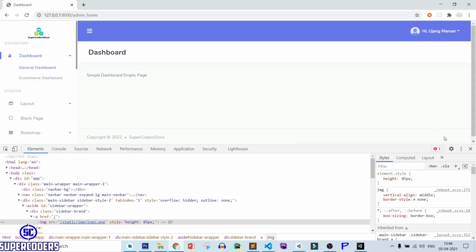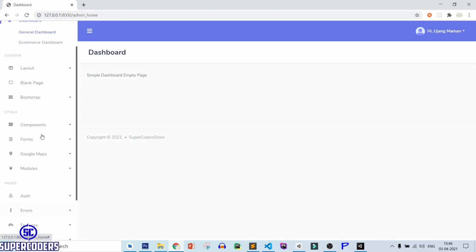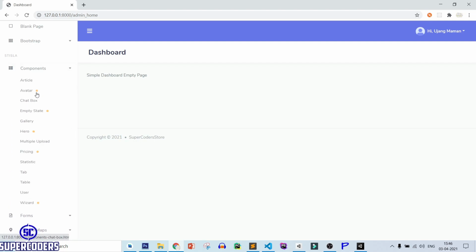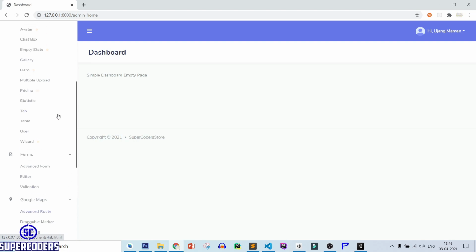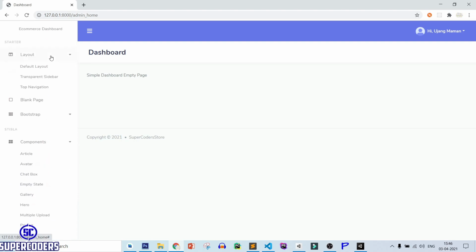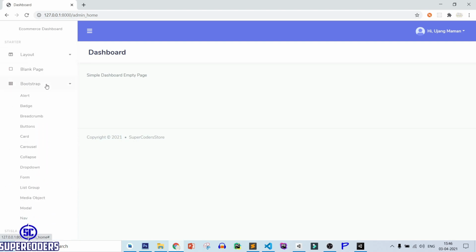Now after that, let's remove all this page link. I think we don't need all this, but only leaving a single part. So only leave the layout and remove other things.